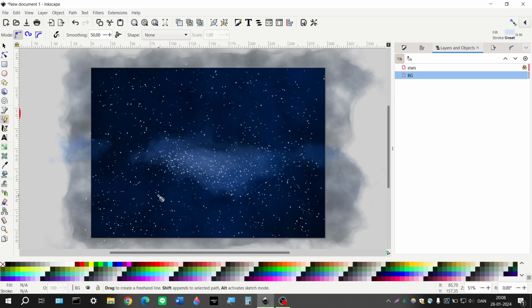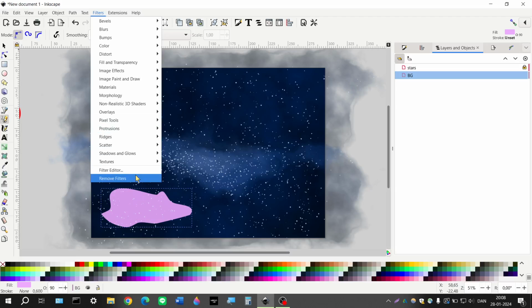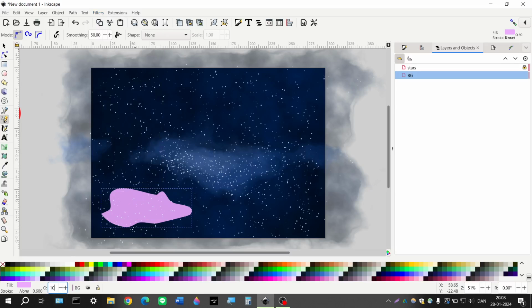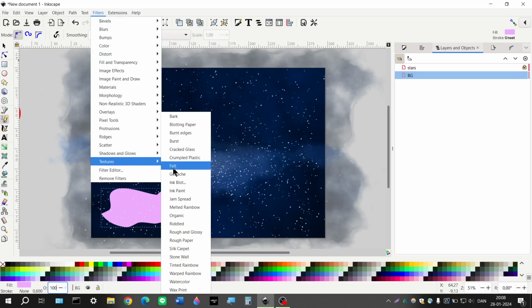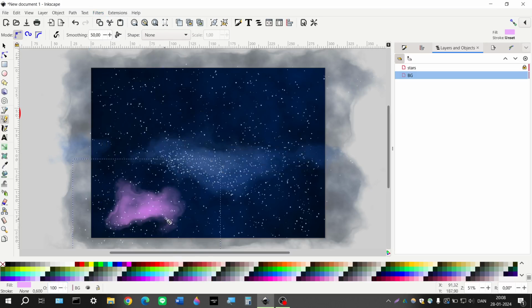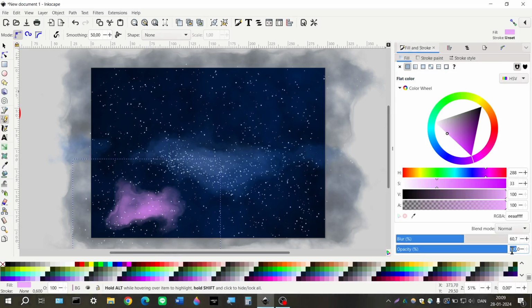I'll apply maybe something like this, and I'll take a very light pink, something like this maybe. Take my opacity up first of all. Then I'm going to apply some watercolor, and that's a bit much right now, but once I do some maybe this, and then I can take the opacity down a bit, maybe 60, that's about right, that looks good. And then I'm going to add a